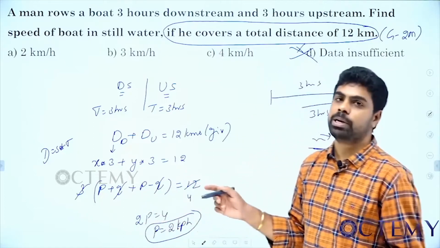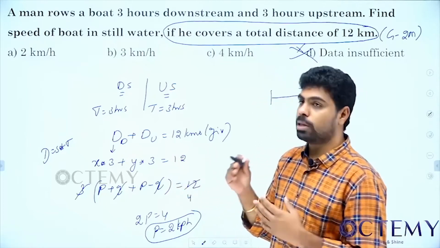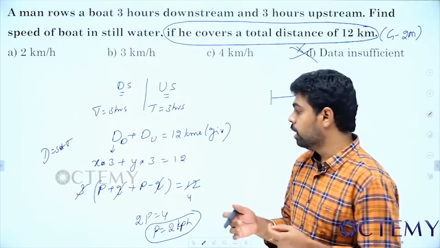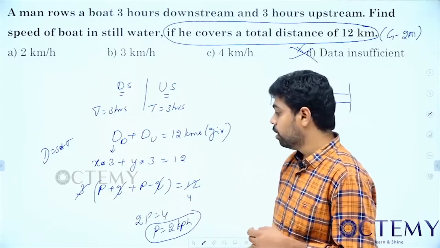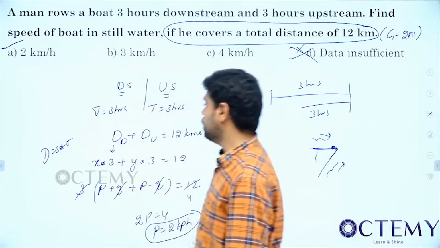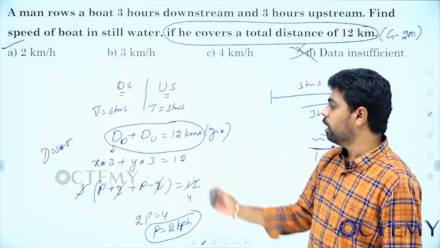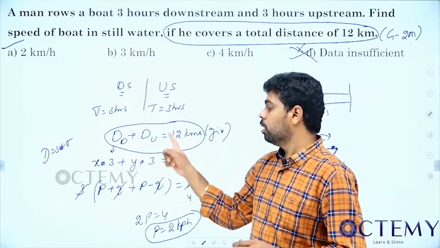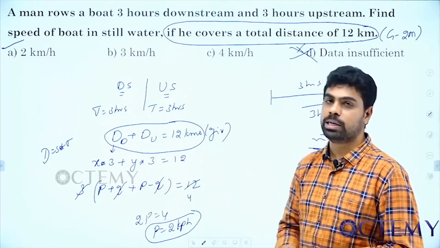You remember this point, sometimes you might find it in a book. If he travels at the same speed for the same time period downstream and upstream, then the effect of the river will get cancelled. That is what is happening here. So in this case, we can find the p value. Answer is 2 km per hour. Till the previous question he was giving the relation in terms of time period. Now he gave the relation in terms of distance. Whatever relation he gives, try to get that using this P, Q, X, Y. From that we will solve and we will get the solution.